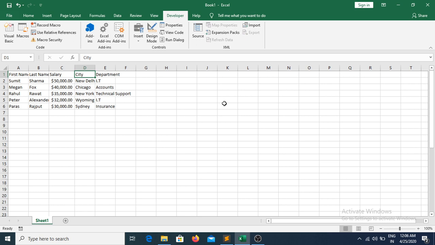My name is Sumit and today I am going to give a brief introduction about how you can get or select the last row and the last column in an Excel file. So let's start. For finding out the last row and the last column in an Excel file,